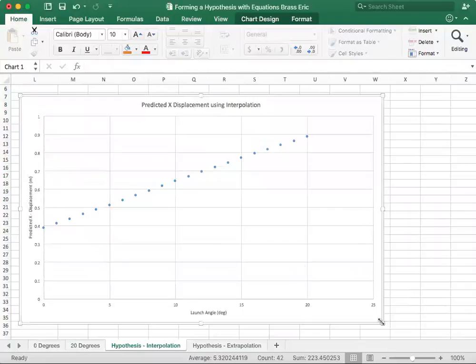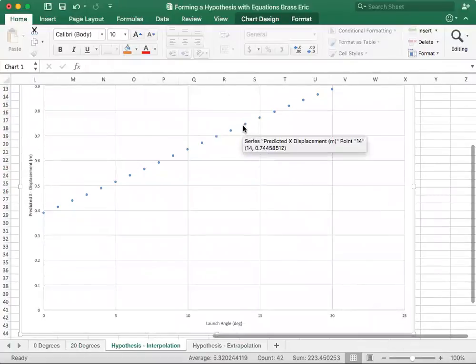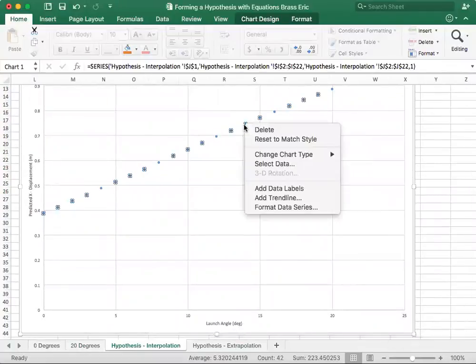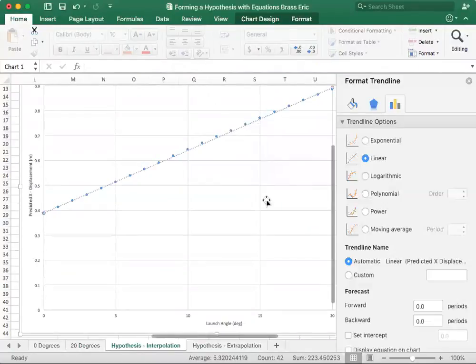And what you do here is you just select on one of these points, and we're going to add a trend line. So I selected on one of the points, and then I right-clicked. And your system might be a little bit different, but you figure that out. I'm going to add a trend line, and you'll see that it's linear. So the trend line really, the points that I put up there, they're hypothetical, and